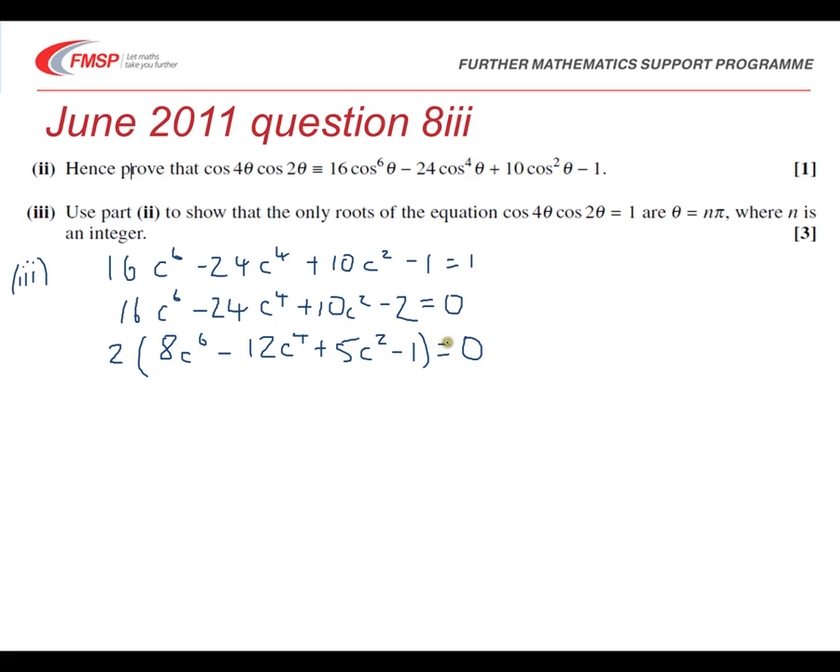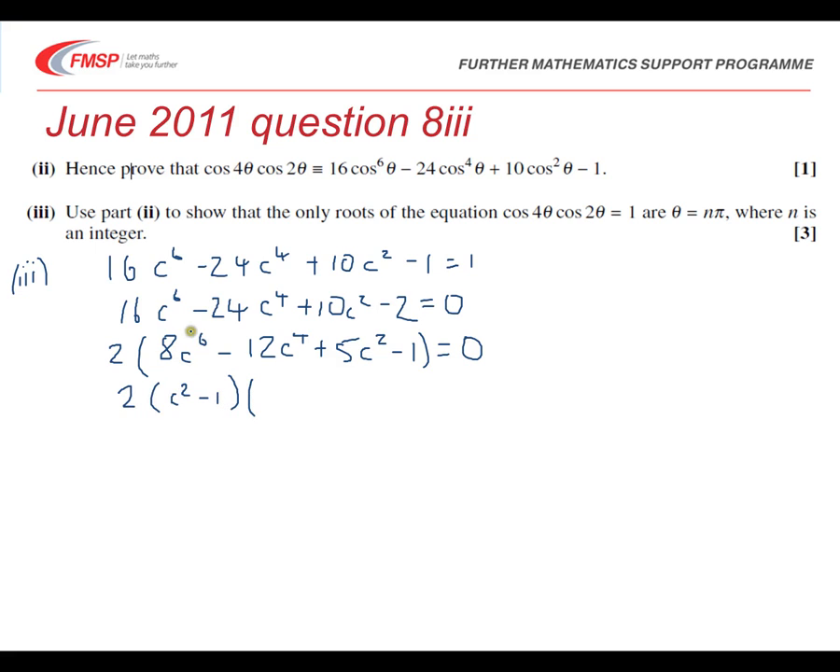Now you may feel a bit stumped here, but the thing to notice is this is a cubic in c squared. We've got a constant term, c squared, c to the 4, c to the 6. And you should be familiar with solving cubics from AS Core. So what we really need to do is look at, are there any values of c squared that work for this? Well, actually c squared is 1. We'll get 8 minus 12 plus 5 minus 1 is 0. C squared is 1 works, so c squared minus 1 is a factor,